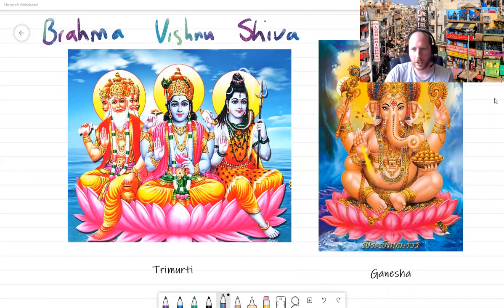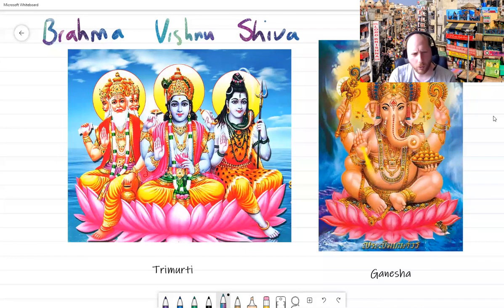He also is the god of some of my favorite things. So he's the god of removing obstacles, or he can be. I used to have, thanks to Shadow Henchman, a picture of Ganesha on my bike that I would ride around to try and keep the obstacles out of my way. And it helped. It worked. I never did crash into anything. Thank you, Ganesha. He's also associated with education. So he's the god of students and teachers. So that works with me pretty well. And he's also a god of luck and wealth in some ways too.